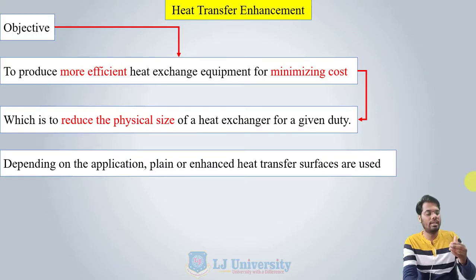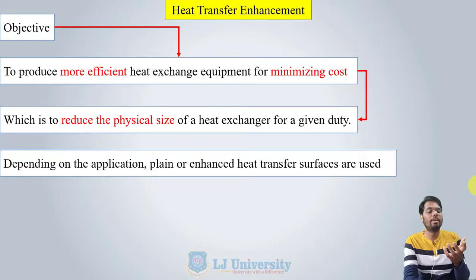Where you want to increase the heat transfer rate, we have two choices. If we want to increase Q, then from the equation Q is equal to h A delta T, if we want to increase the value of Q, the heat transfer rate, then we have two options. Either we have to increase the value of h, which is the convective heat transfer coefficient. The value of h depends on so many parameters and conditions which are sometimes not in our hands.